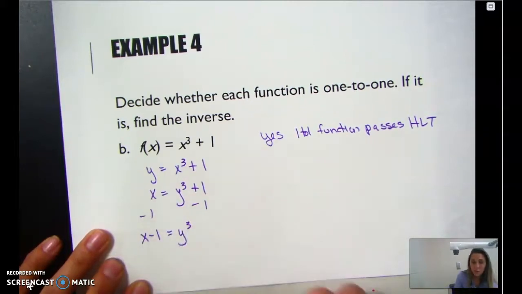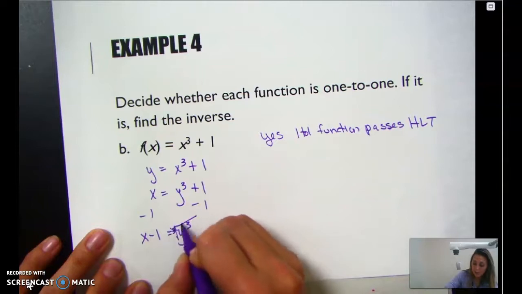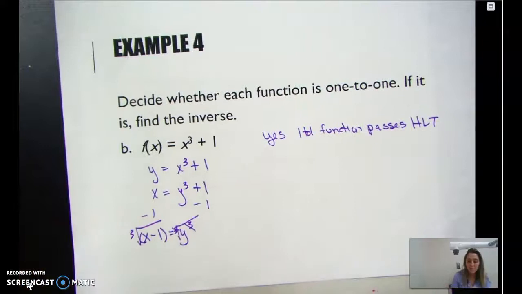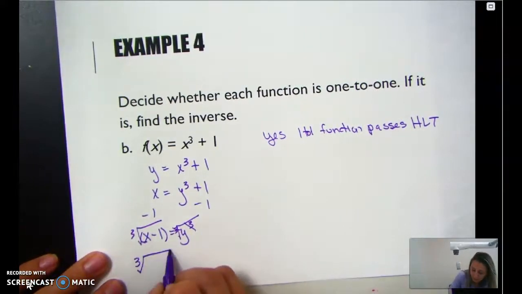How do I undo a cube? I cube root it. Those undo each other. I do that to the entire side. So now my answer is the cube root of x